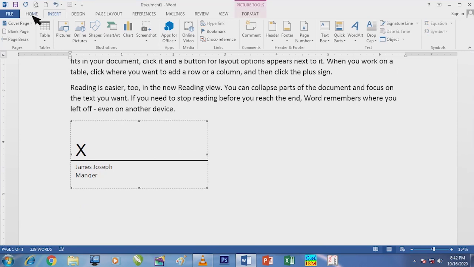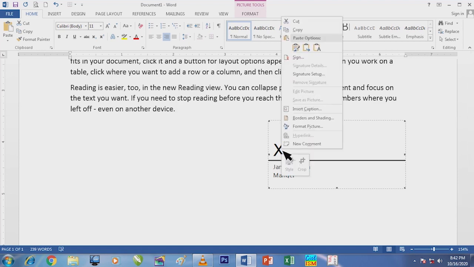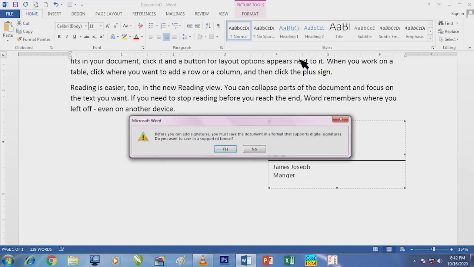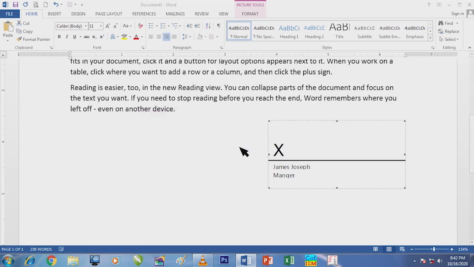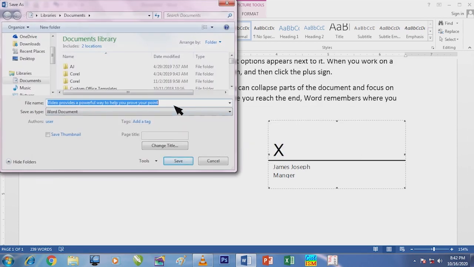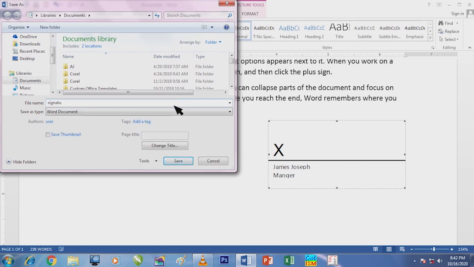And then it will appear like this, and here I go and click, then go home and move to the place wherever I want. Then I right click and I go to sign. It will appear like this, then say yes. It is asking us to save the document first, so I go and save it, then only I can place my signature.